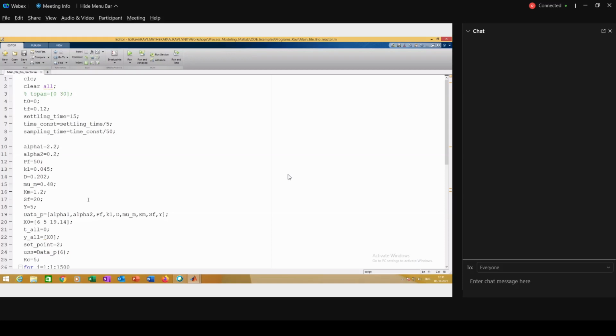This will happen only in a non-linear system, not in a linear system. Then we changed the for loop index, which basically covers the initial dynamics as well as the control.